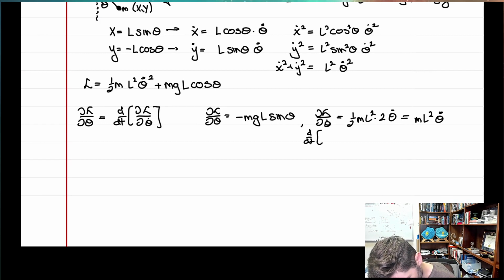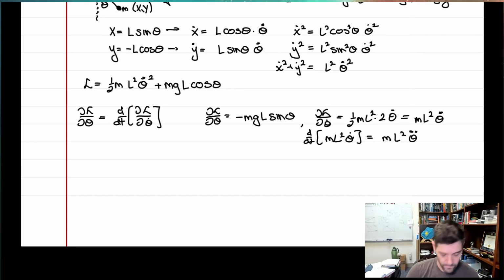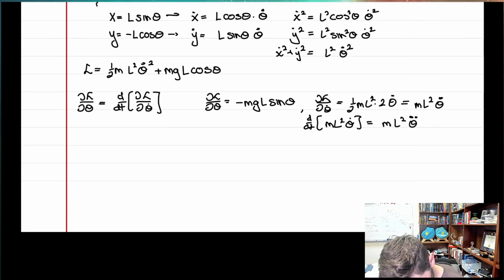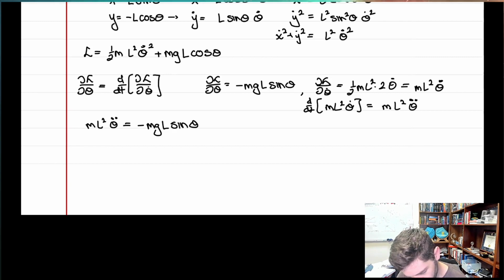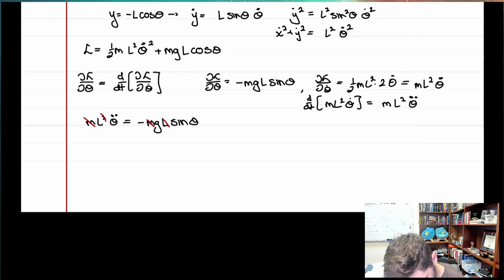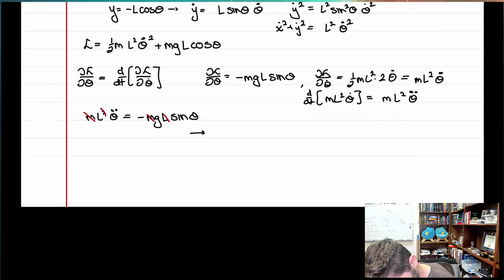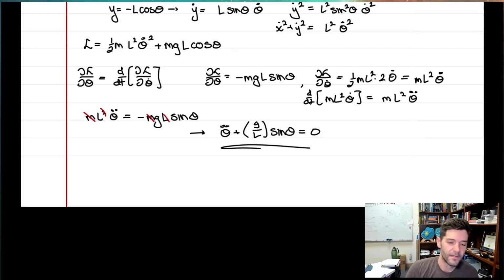The time derivative of this, m L squared theta dot, m and L are constants, so this looks like m L squared theta double dot. And the Euler-Lagrange equation says m L squared theta double dot equals negative mgL sine of theta. See, m's cancel. One of the L's cancels. I can bring everything to the other side, divide by L, and notice I again get g over L sine of theta equals 0, which, lo and behold, was exactly the same thing we got